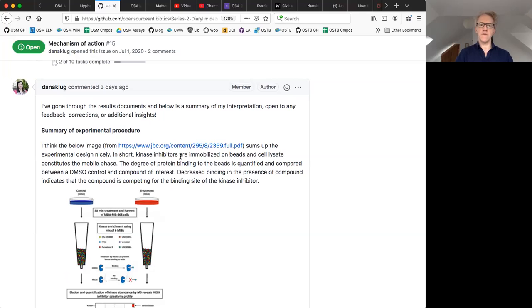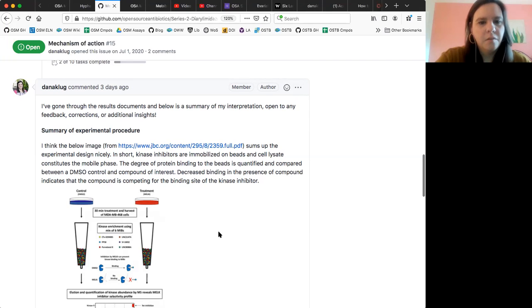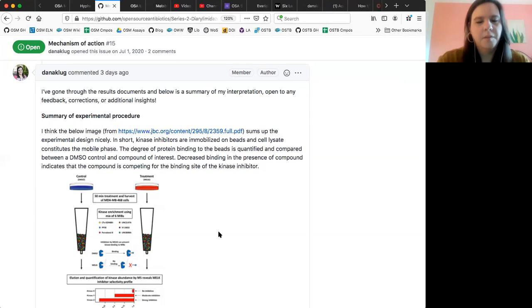So yeah, just so we can understand the experiment, the data. Dana, do you want to talk us through this? I just read it. Yeah. Okay. So this paper that I pulled this image from, Lee is an author on it, and so it's sort of specific to the experiment that they were doing, but I think the same experimental design. So they have kinase inhibitors that are immobilized on the beads, so that's basically the solid phase. Then they either incubate the MRSA cells with DMSO or our compounds. So we sent them an active and an inactive, and they did both of those.